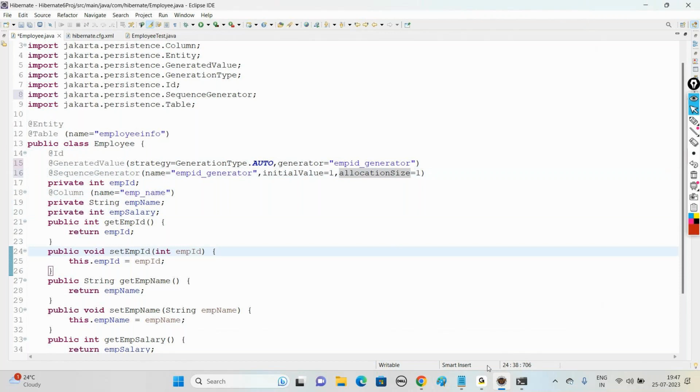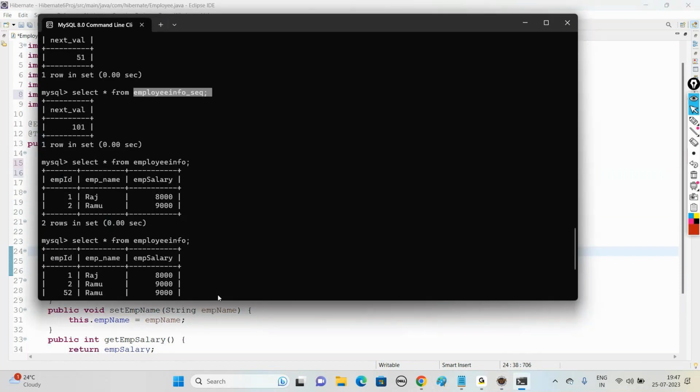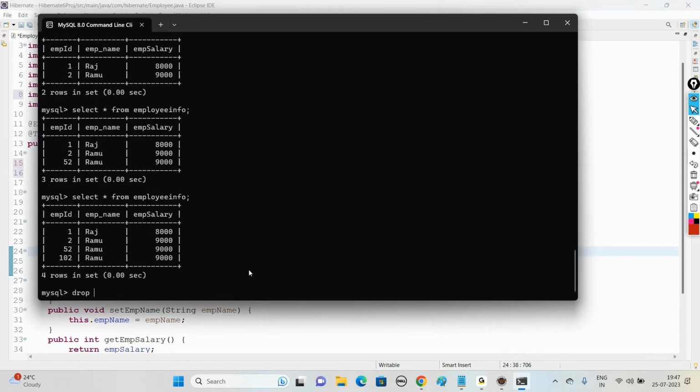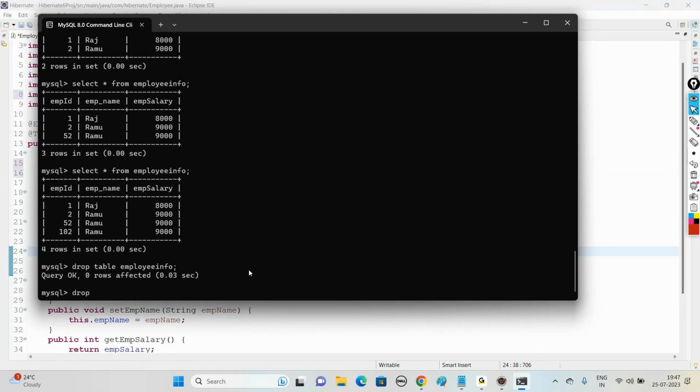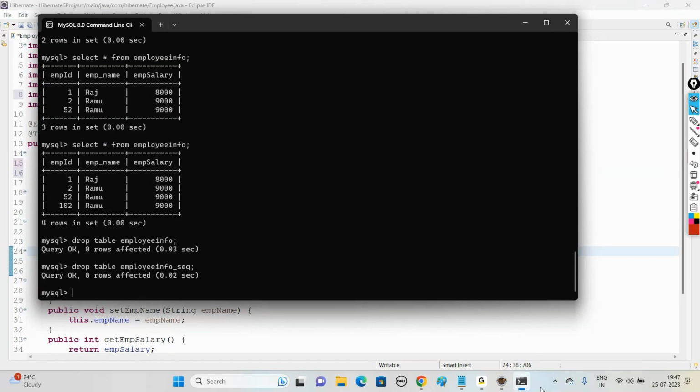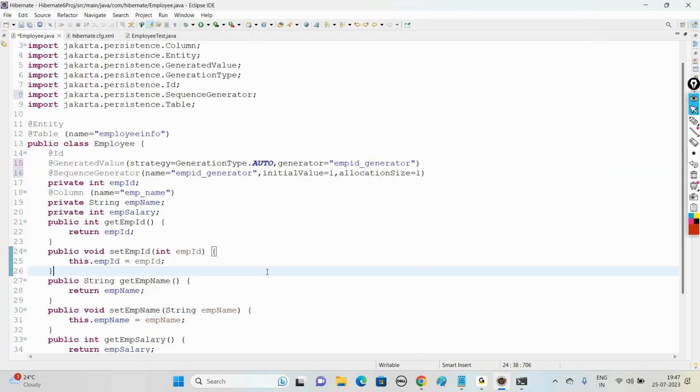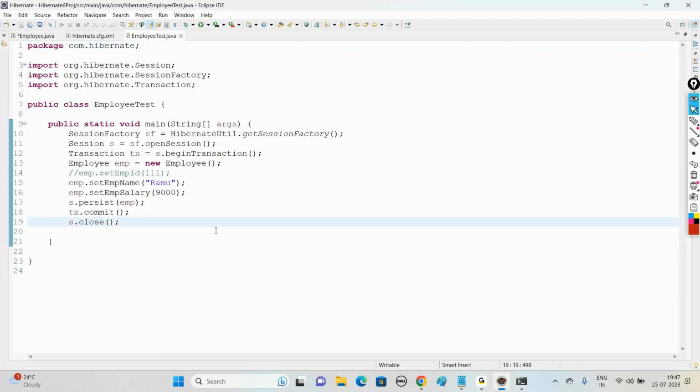Now check it here. Let me drop table employee info, drop table employee info underscore sequence. Now come back to your program and run this code now. So when you run,